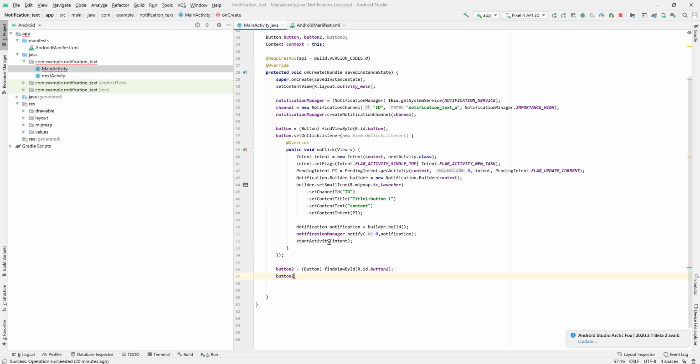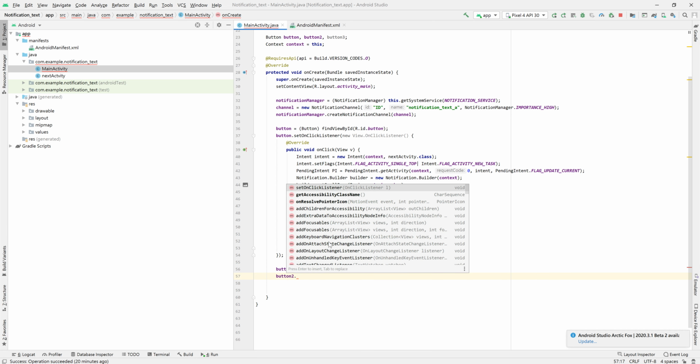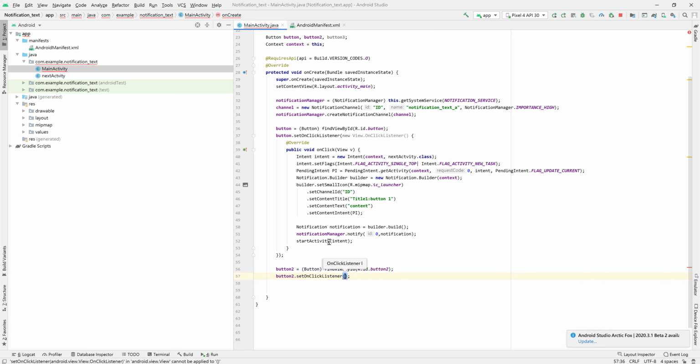So here we will set the button 2 click listener and a new view click listener. So when it is clicked,